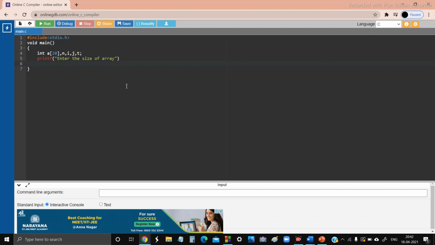We should get input for this, so scanf, %d, using this format specifier since it is an integer. The size of the array can only be an integer. Comma, ampersand n.